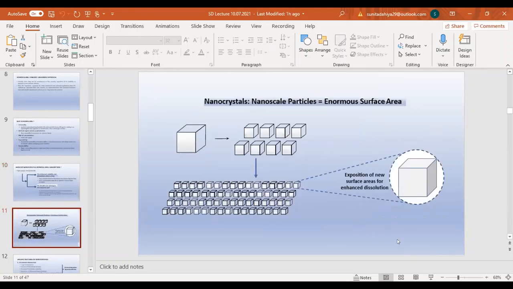As you see in this paragraph, this is a particle size reduction approach. The first basic thing we think is that it will give you an enormous surface area and surface free energy. That means the surface area to volume ratio will be quite a bit better compared to what you get for micron-size particles, right? Because of this enormously high surface area, there will be exposure of these new surfaces to the fluid, which will give you the enhanced dissolution.